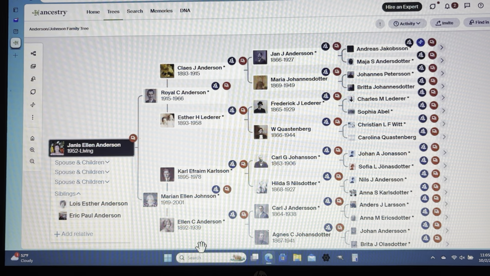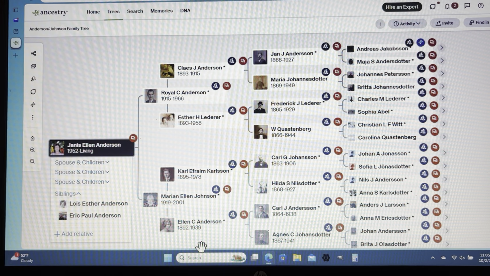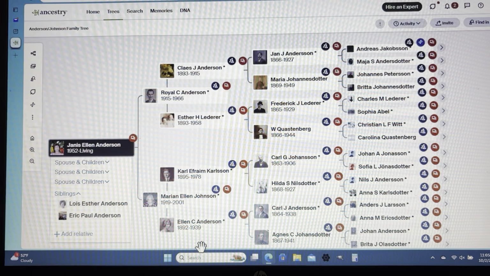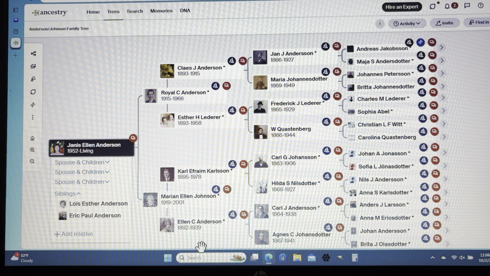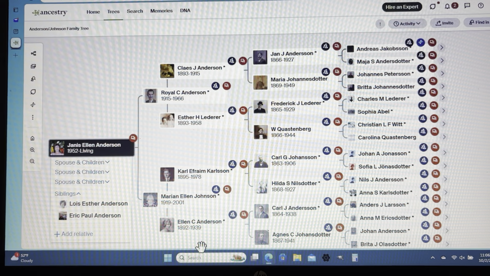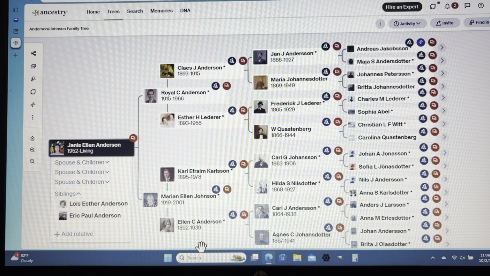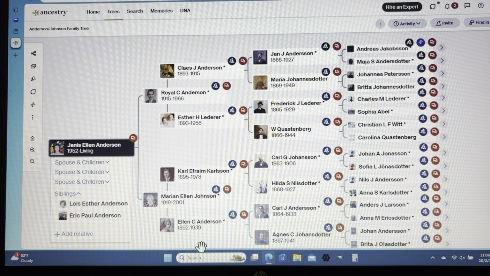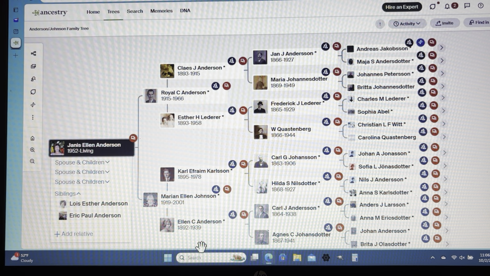Now, the thing with Ancestry is when you put up a tree and it stays there, it used to stay there forever just because you put it up there. Even if you weren't paying to be a member anymore, the tree was there. You could drop off for a couple of years, come back, and your stuff would be there. That's changed because, as I understand it now, once you put a tree up there, if you want to save it, it's like $5 a month to park it. If you want to actually work on your tree and access the information and expand by using their search features, then you become a member, and those things become available then. So there is a consideration there.